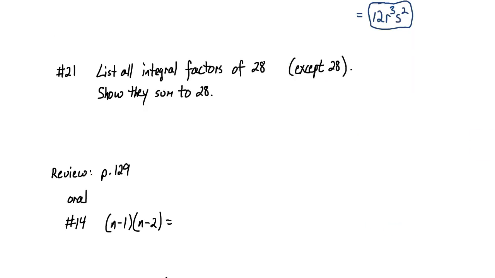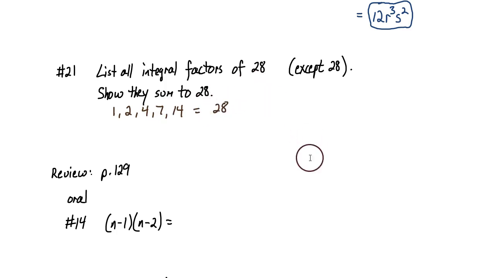Number 21, list all integral factors of 28 except 28 itself. So all numbers that divide into 28. 1 divides into 28, 2 divides into 28, 4 divides into 28, 7 does, and 14. Then it says, show that these add up to 28. 1 plus 2 is 3, 3 plus 4 is 7, 7 plus 7 is 14, and 14 plus 14 is